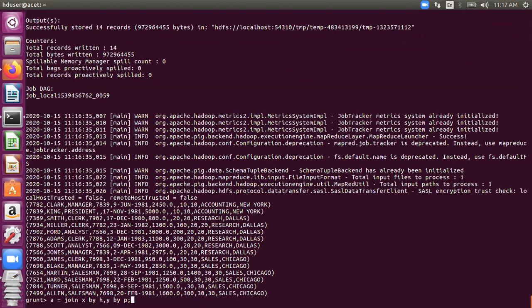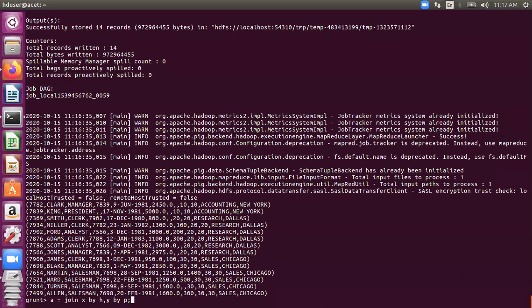In SQL, you used to write it like this: select this from this, where something like X dot H is equal to Y dot P. You used to write something like this there. Okay. So here, this is the equi-join based on the equality of values. Listen carefully, right? Equality of values. So wherever H and P values meet, one row would result. Okay. So this is your equi-join.